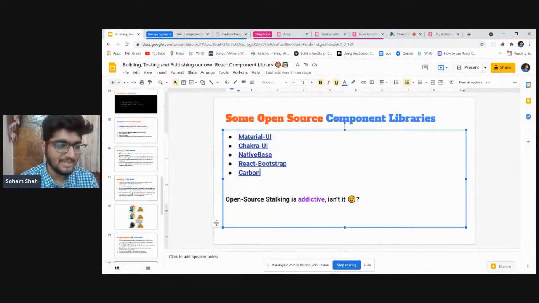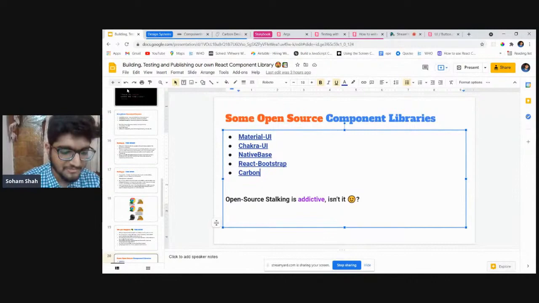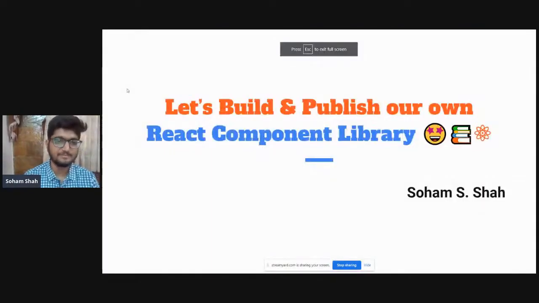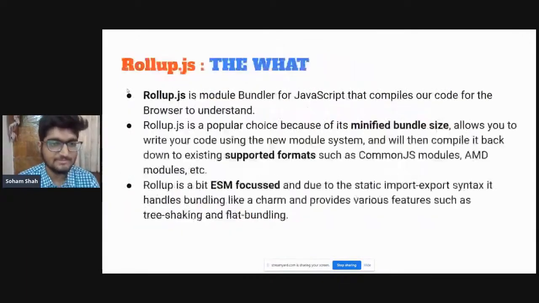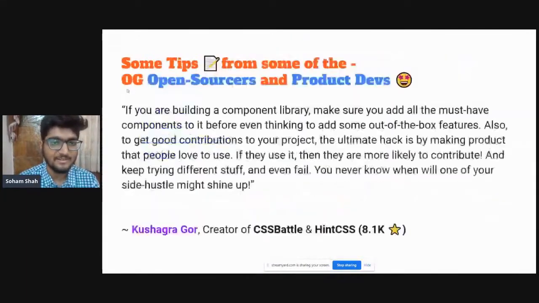So yeah, we are almost at the final discussion of our talk, and probably I took some more time. So this is the final thing. Before this talk, I wanted this talk to give value to you and everyone, since we are building our component library.